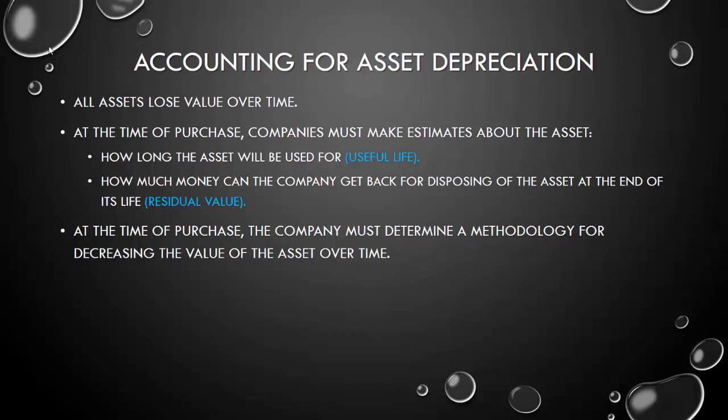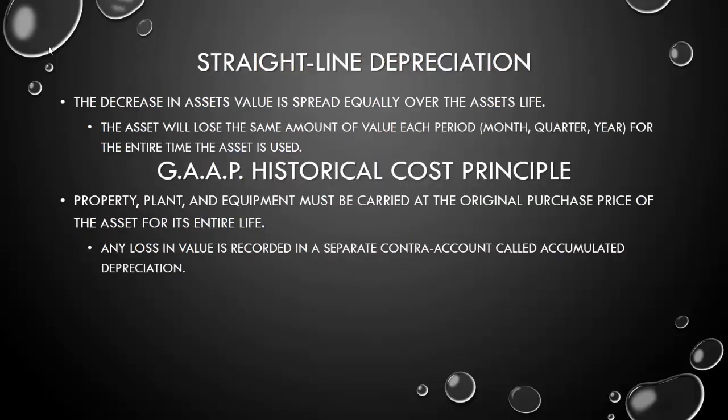Those two estimates you need to make, and after you have those estimates, you need to come up with a methodology for decreasing the value over time. There are a lot of different approved methods for removing the value from an asset. The method I want you guys to work with right now is called straight line depreciation, and that means in a straight line, evenly. Every month, every quarter, every year, depending on what period we use, we're going to remove an equal amount of